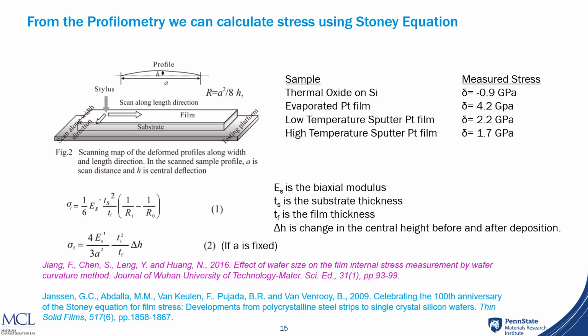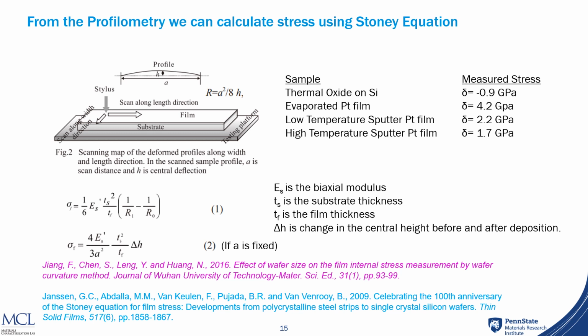So how we actually can measure this is we can use a fairly well-established equation called the Stoney equation, and we can look at the deflection. We know what the film thicknesses are. We can measure or determine some of the properties in terms of the elastic responses, and from that we can basically measure stresses. So in this image here, the top one, the measured stress is minus 0.09 gigapascals. That was for the thermal oxide. For the evaporated film, we got 4.2, so we had the highest, and then under low temperature and high temperature,